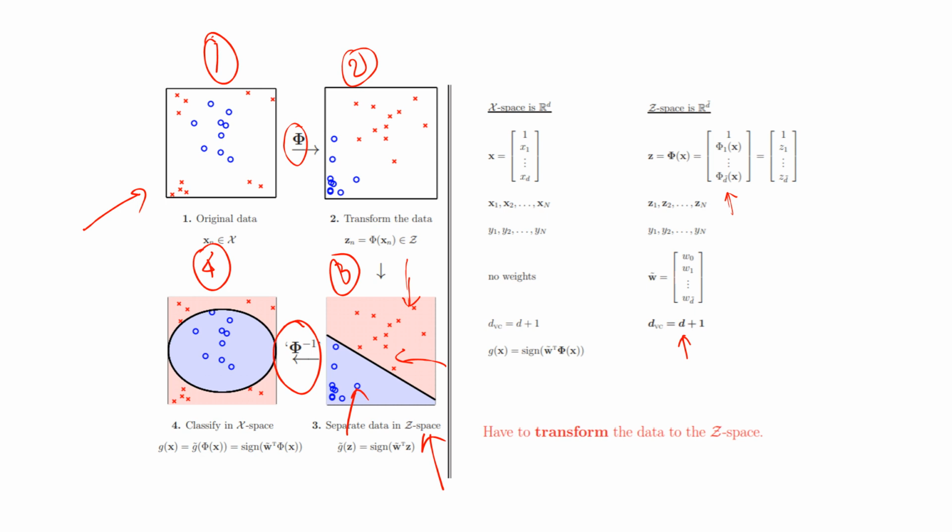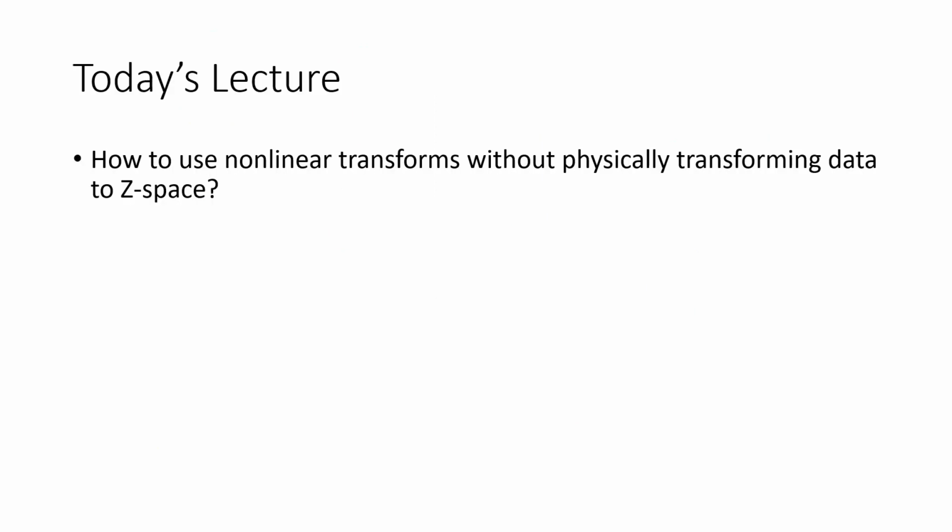Of course, due to some definition of my phi, I made it linearly separable. That's fine. But can we do better than that? Let me put it that way. So let's come to today's lecture and the real question that we are trying to answer: how to use non-linear transforms without physically transforming data to Z space, because we were able to make our data ready for the linear model, but the computational challenge